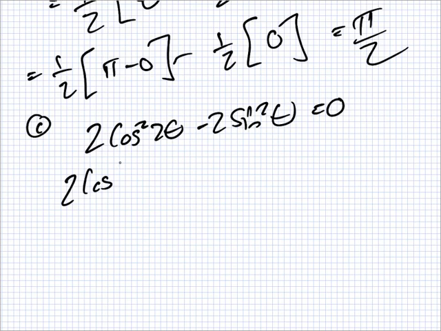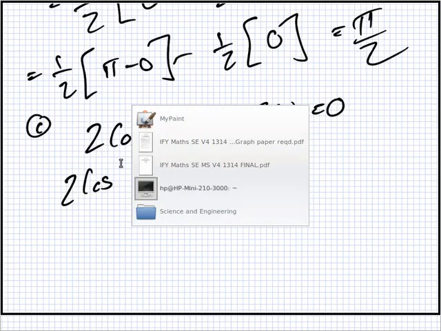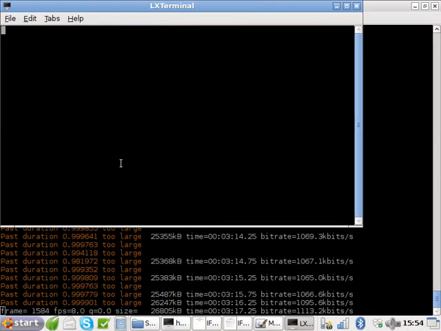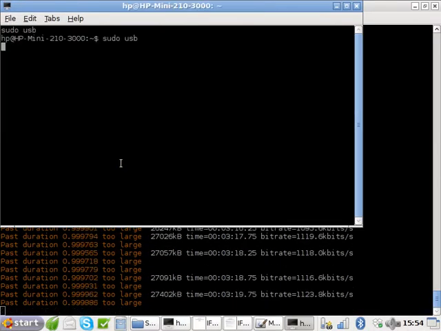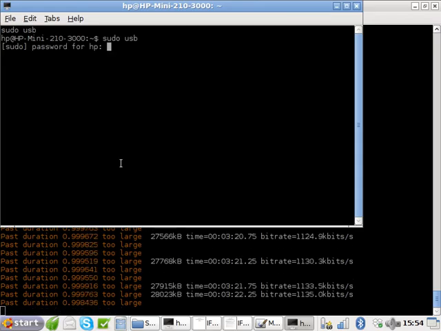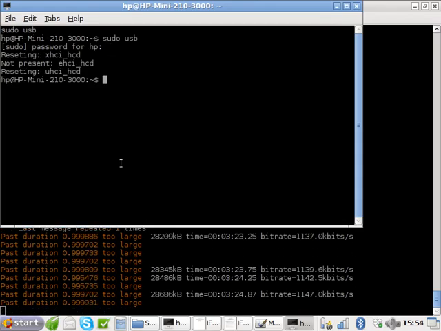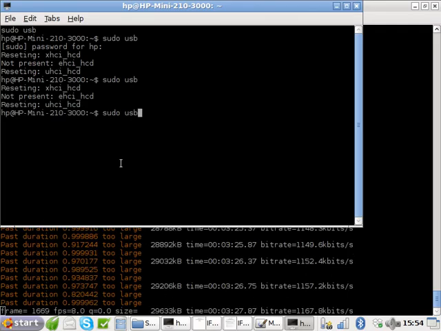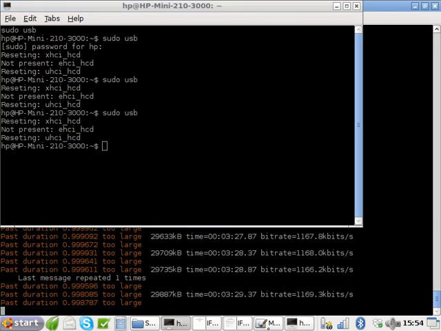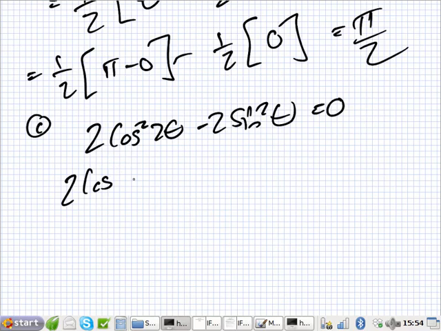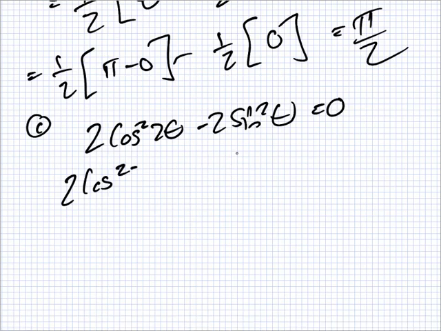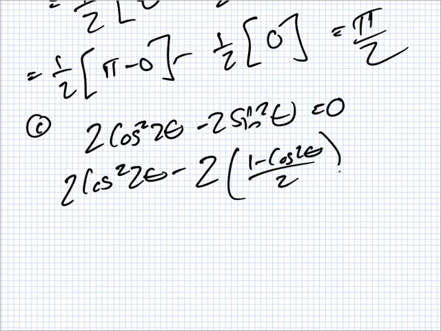Hold on, my pen froze. We can have the formula for cos squared 2 theta too. I suppose so. Right, that should have fixed it. Right, what is the formula we were asked to prove for sine squared? 1 minus cos 2 theta over 2. So you can see the nice thing about having the 2 here is they cancel. So you have 2 cos squared 2 theta